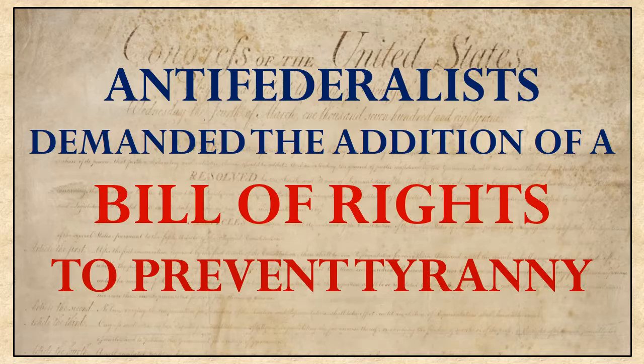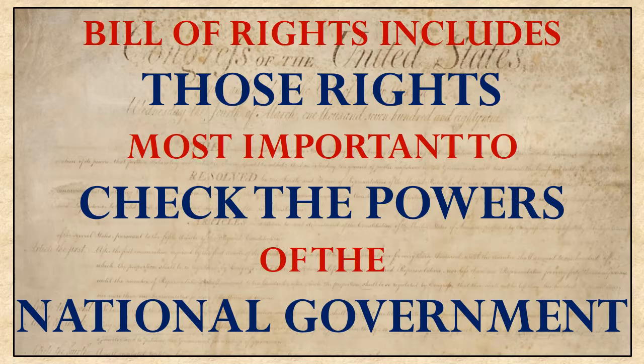So what that tells us then is that those things that were included in the Bill of Rights must be the rights that were deemed by the founders to be most important to check and control the national government and prevent it from abusing its power. So in the next couple of lessons, as we go through the first 8 amendments to the Constitution, we're going to keep that in mind as we look at those amendments and try to figure out what they mean. The intent behind them all was to check the national government, to keep its powers under control, and to make sure that it would not abuse them and treat us all tyrannically.